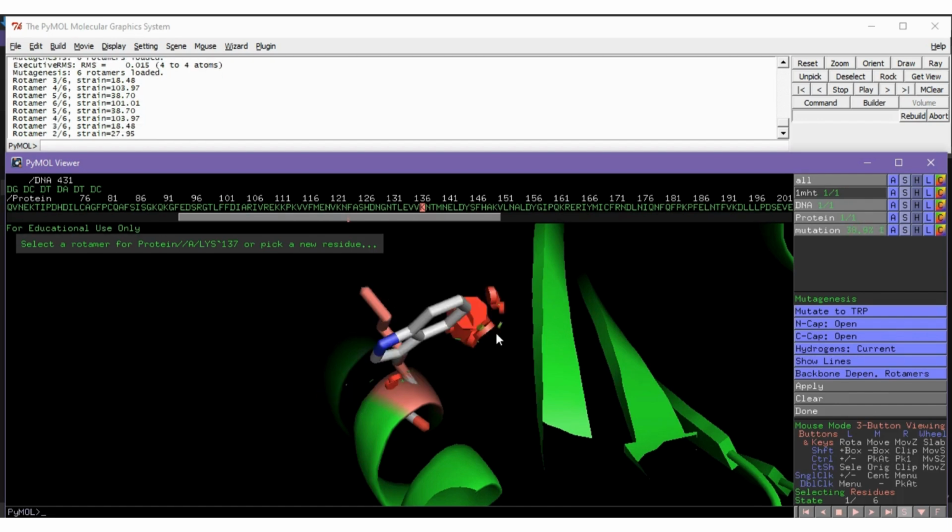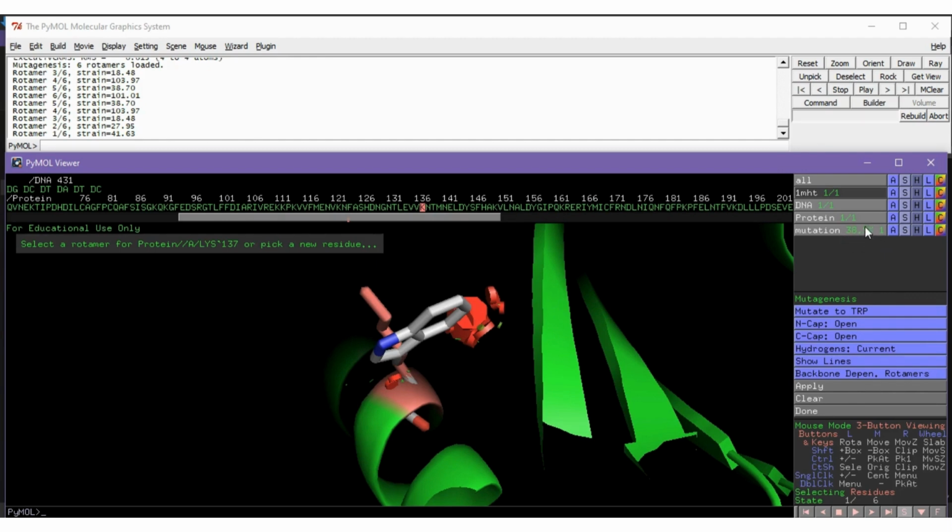As we scroll through these, please note that here at the object, it shows us a percentage. The higher the percentage is, the more likely it is that this rotamer would actually be in that position, and there is less clashing when using this rotamer.